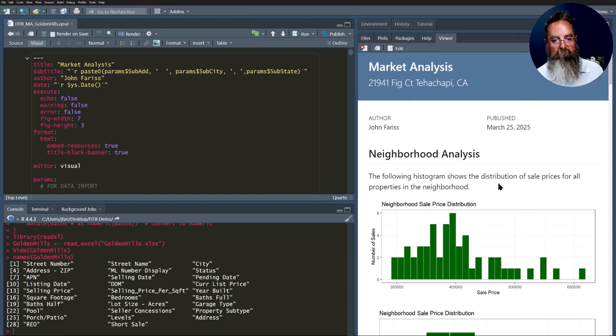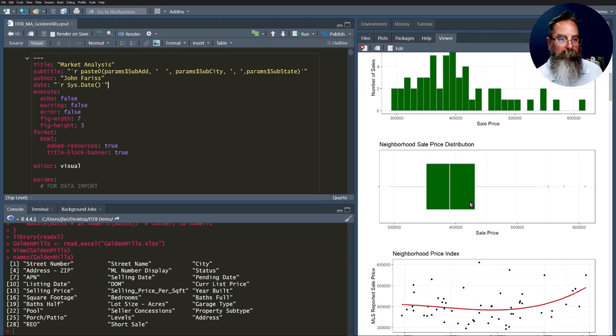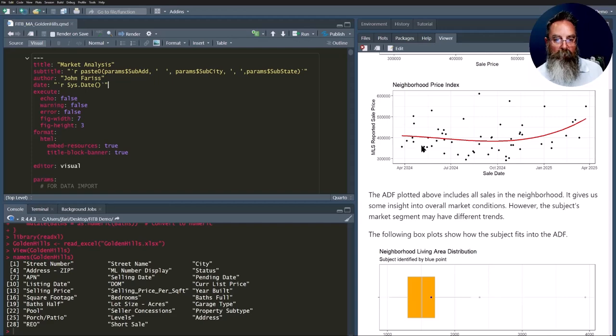So we get this neighborhood analysis with a histogram for the entire neighborhood, box plot of sale prices for the entire neighborhood, neighborhood price index. So it looks like the entire neighborhood is going up, but of course we don't want to use that for our market conditions. We will do that on the CMS, and you'll see that down